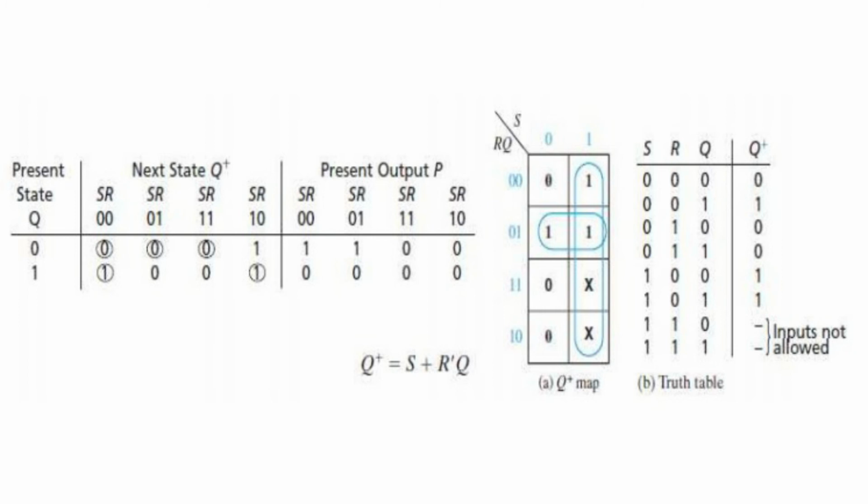When S is equal to 1 and R equal to 0, we are setting the state, and the value 0 will change to 1 as shown in the table. If you look into the truth table, Q represents the present state and Q plus represents the next state. So when S is equal to 0 and R equal to 0, Q is 0, so we retain the previous state, and the next state is also represented as 0.